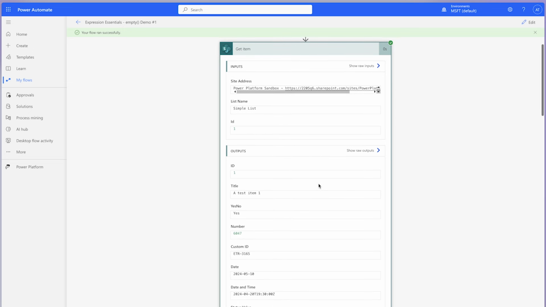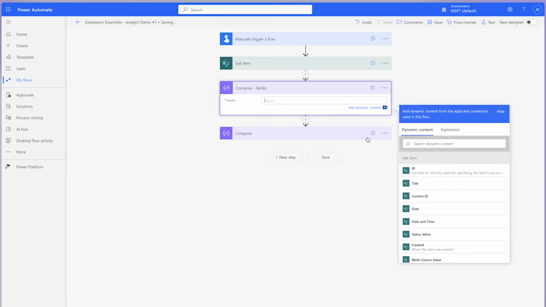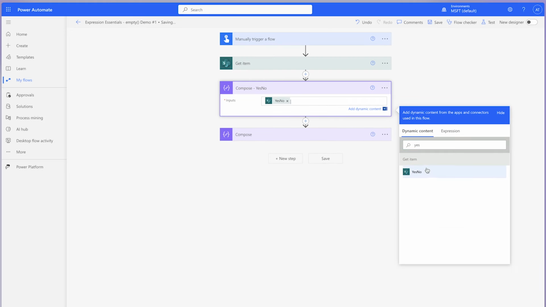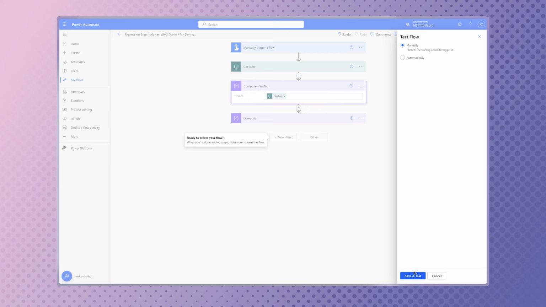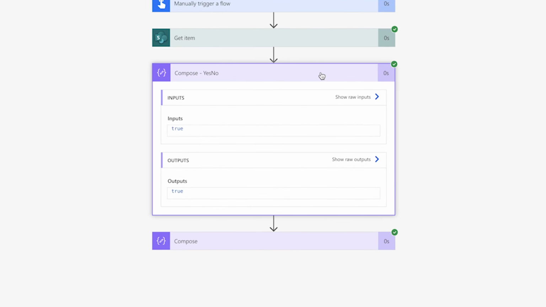If we review the output for the yes/no column in the get item action, it outputs a yes. I'll add another compose action to output the value of the yes/no column and run another test. The dynamic content of the yes/no column actually outputs true. For this reason, you will need to compare the dynamic content from the yes/no column to true or false instead